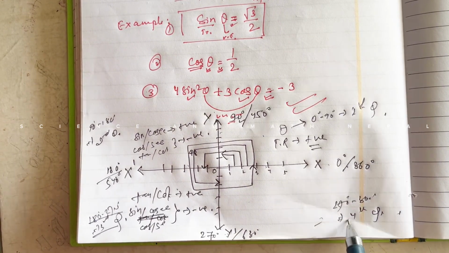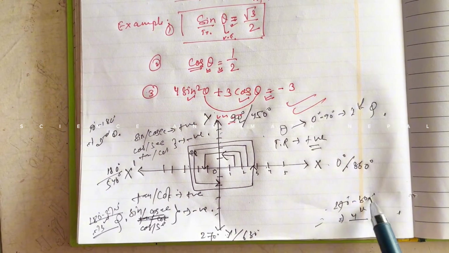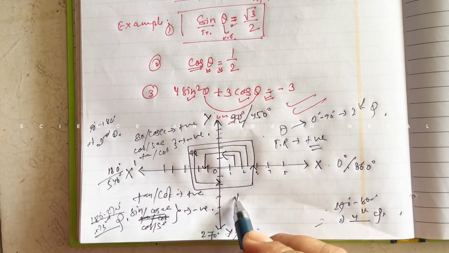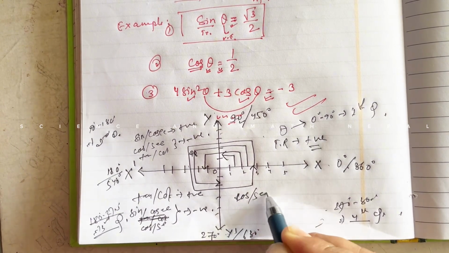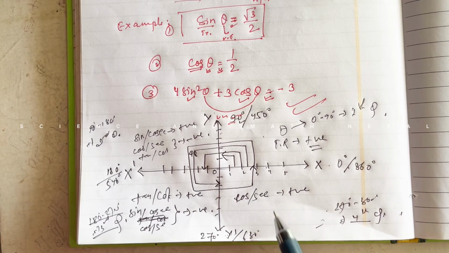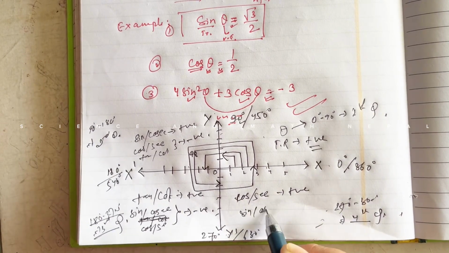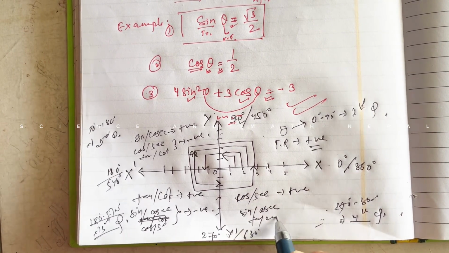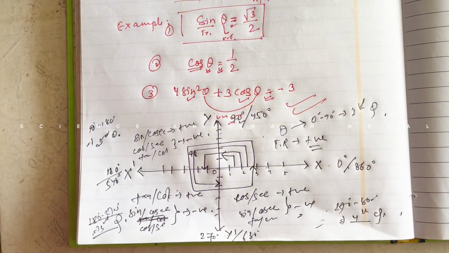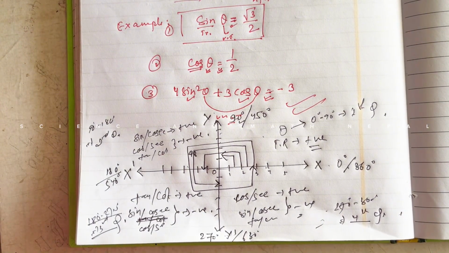And in the fourth quadrant, from 270 degree to 360 degree, the value of cos and sec will be positive, and sine, cosec, tan, cot will be negative. Okay, this is one of the matters to remember. Now second,